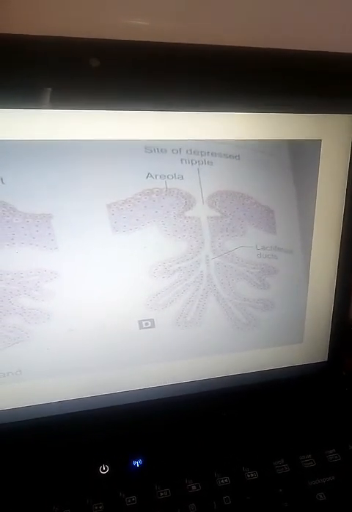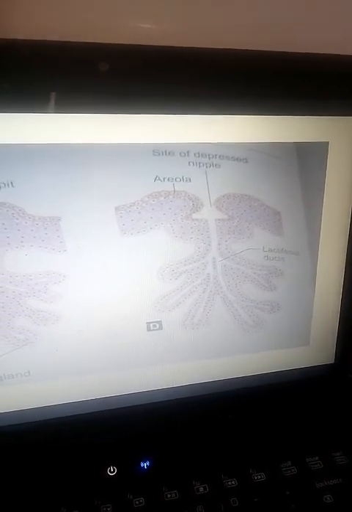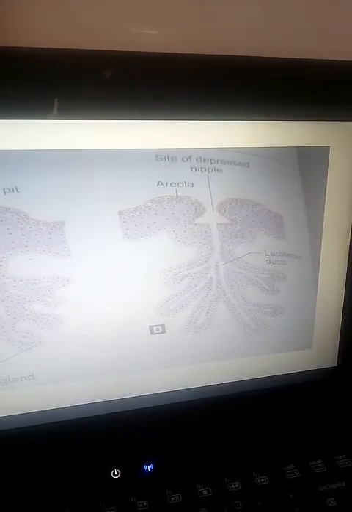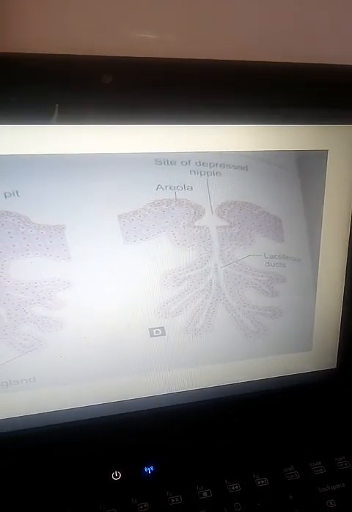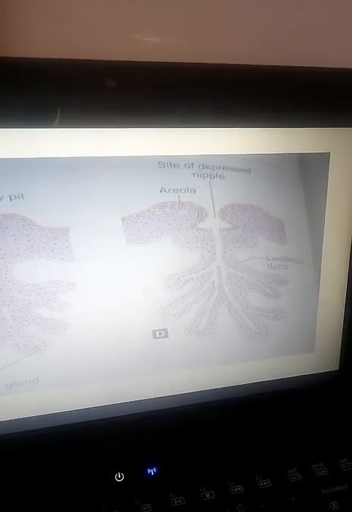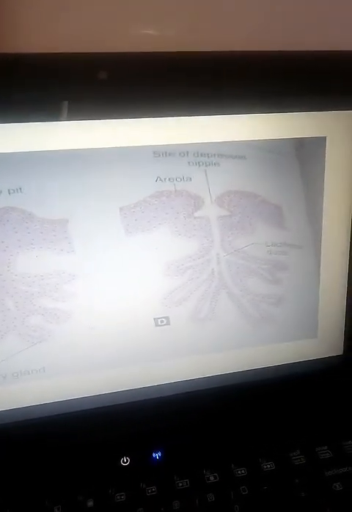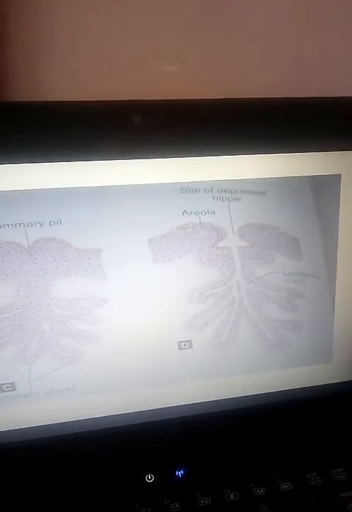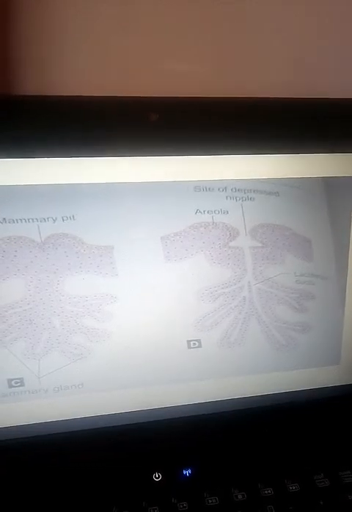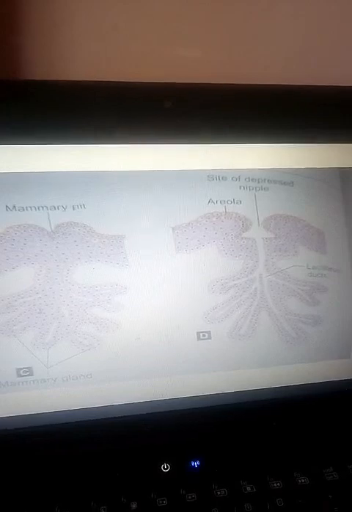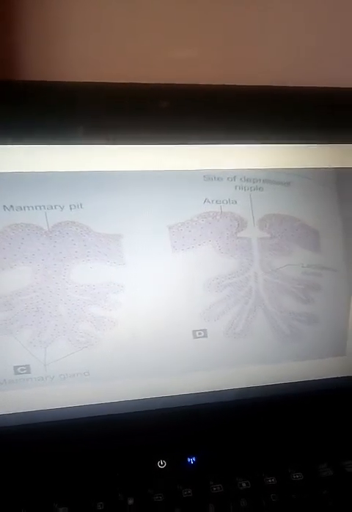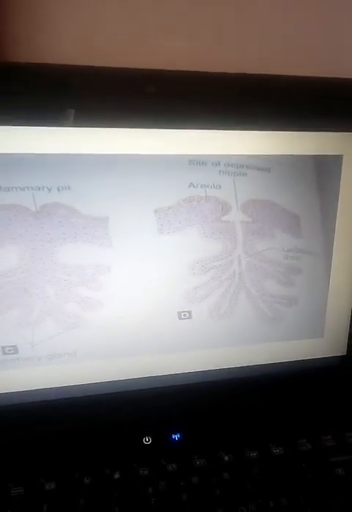There are various anomalies related to this. We have amastia, that is absence of mammary gland; athelia, that is absence of nipple; polythelia, where supernumerary nipples are present along the line of the ridge. They may be rudimentary, or there may be an accessory mammary gland. The nipple may be inverted. There may be variation in the size of the breast. Gynecomastia: the male breast becomes enlarged as in the normal female, and may even secrete milk.